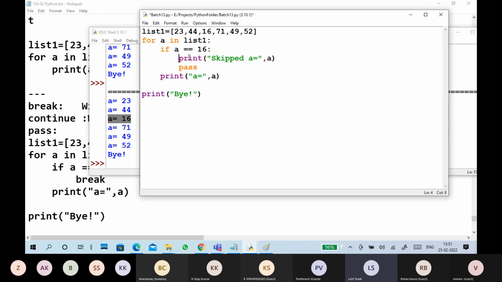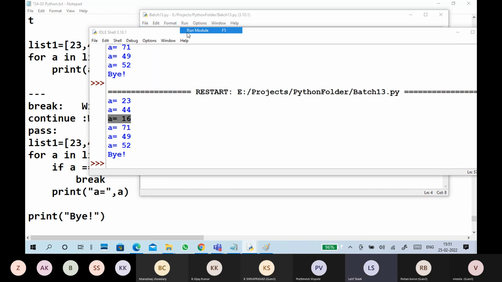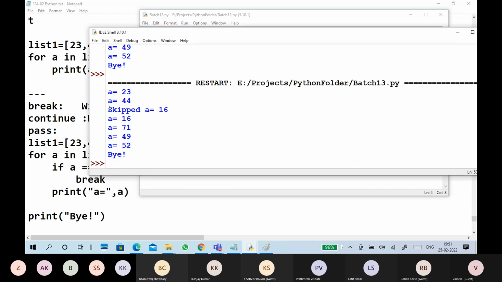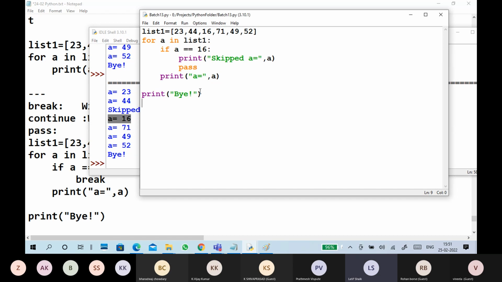For example, there is a statement and I'm running it. It does that work and continues with this one. It means it is not stopping anything, it is just passing. Put a statement, pass it.